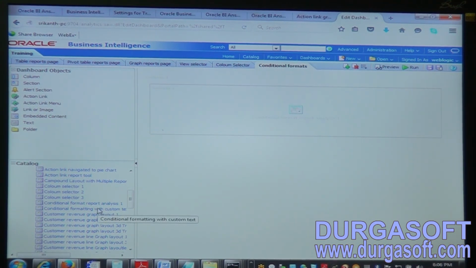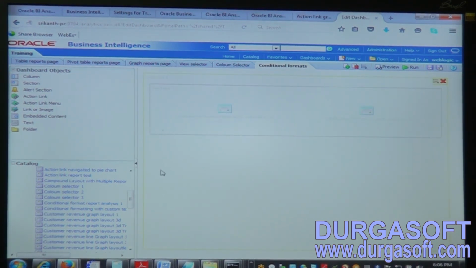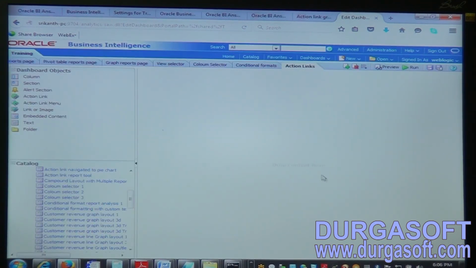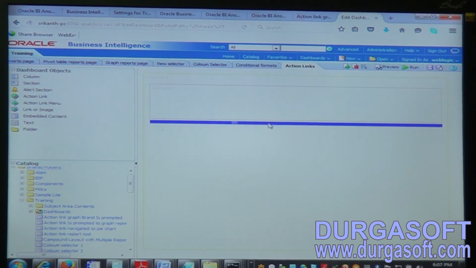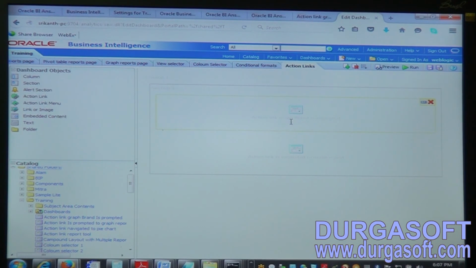Now conditional formatting 2 also we are adding into this, and here we'll save it, and we'll add one more page, action links. Now we'll save it and run it.